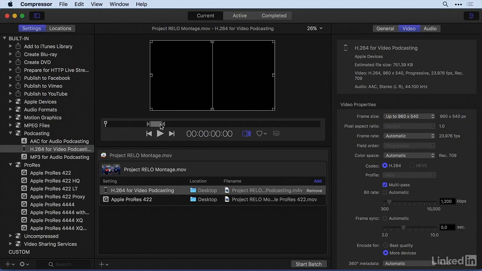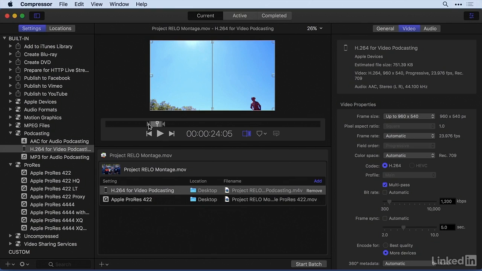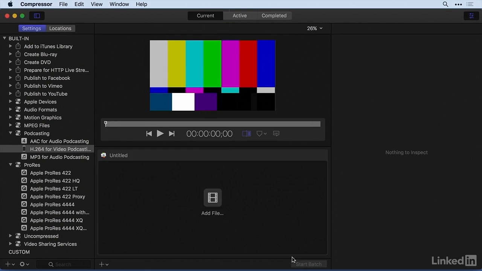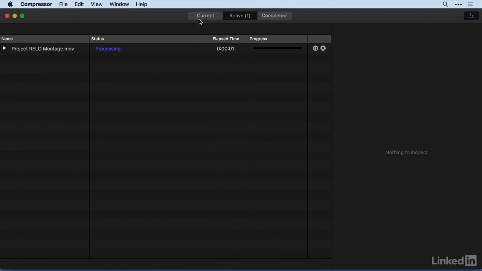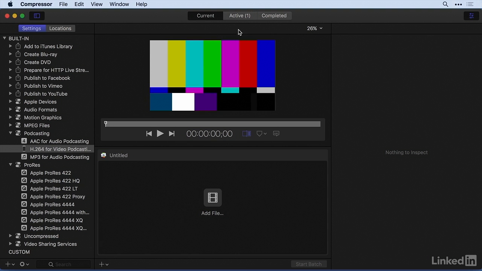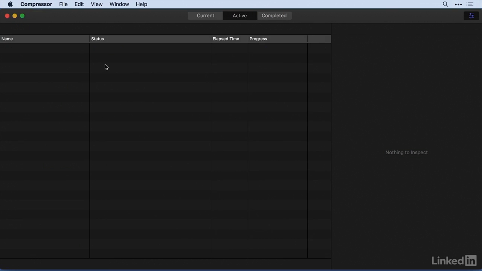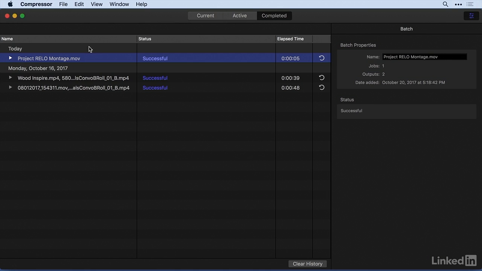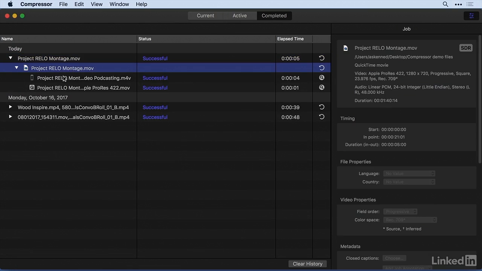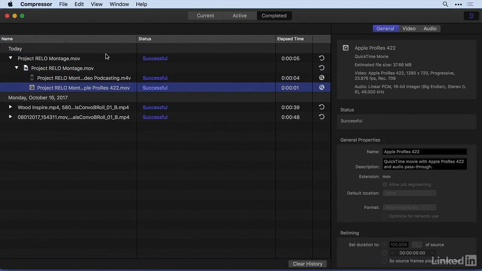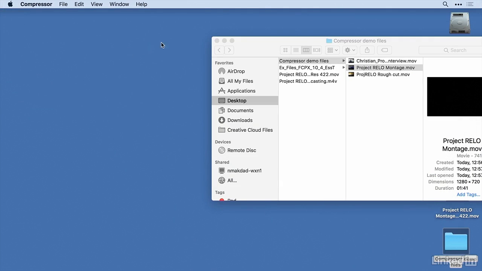Let's go ahead and perform this export. Right now, it's just going to export from my in point to my out point, which works out well, so we don't have to wait too long for this export. But now I'm just going to click Start Batch, okay? And then it's going to go from the current to the active screen, and it's going to go through both of those. And it's actually already done, so you can see those in completed, okay? So today, I exported this job with these 2 settings, and we're going to go to the desktop,